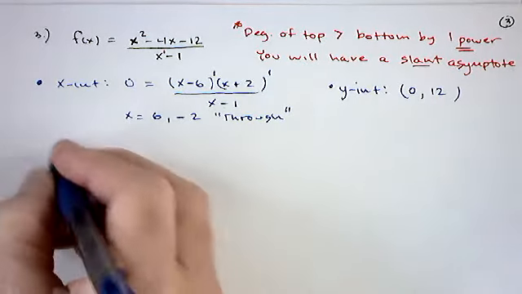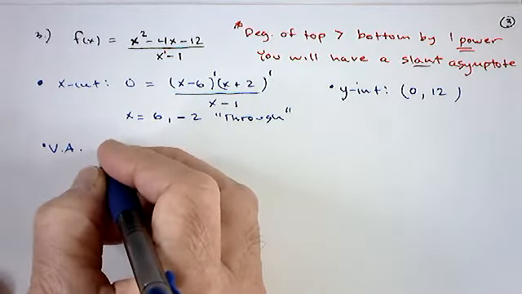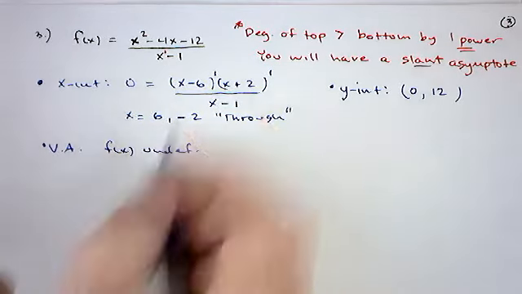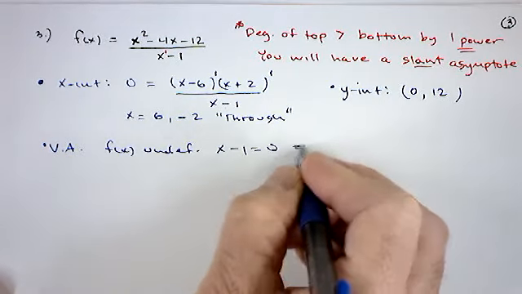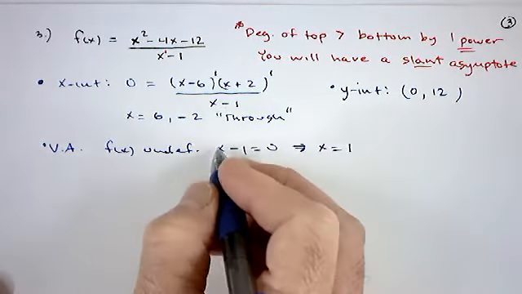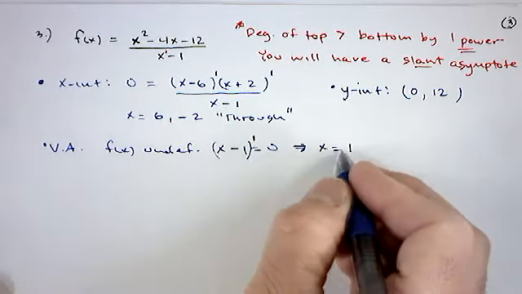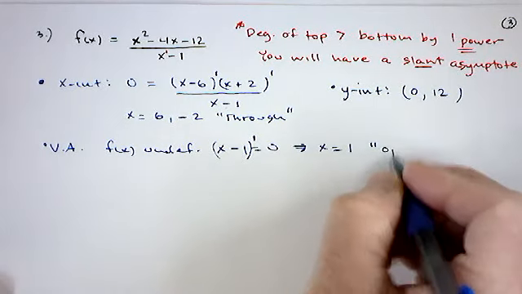My vertical asymptote: f of x is undefined when the bottom is 0. So that's going to happen when x minus 1 equals 0, which gives me x equals 1. And I could put parentheses around there and argue that that's coming from a factor to the first power, which is an odd power. So this will be opposite